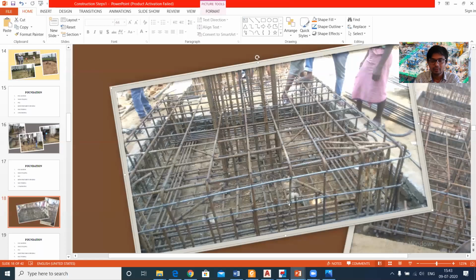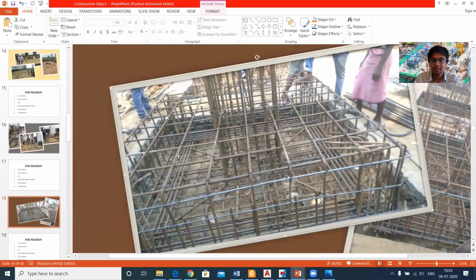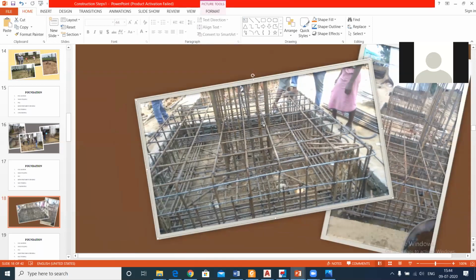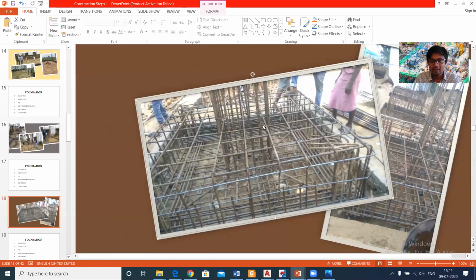Starter bars for the column. The purpose of the starter bars is to fix the column with the footing reinforcement. It is the starting or the joining of the column reinforcement with the footing reinforcement, so the stresses can be transferred from the footing to the column. They bind the column and the footing together, which is the purpose of these starter bars. There should be a minimum of 4 starter bars, as there are 4 minimum longitudinal reinforcement bars used in the column. These vertical ones are the longitudinal reinforcement. So these are the starter bars, and we have also discussed the purpose of the starter bars.